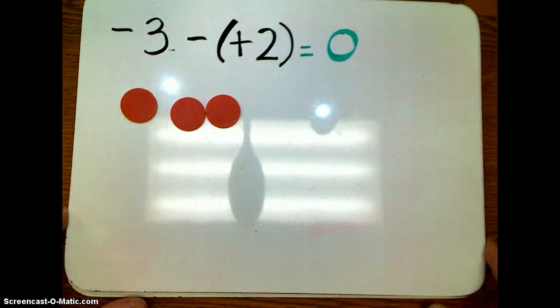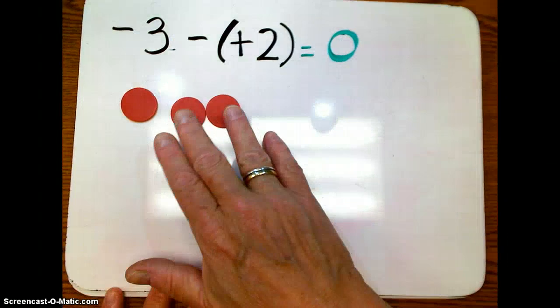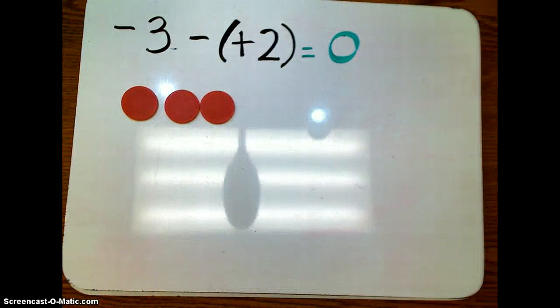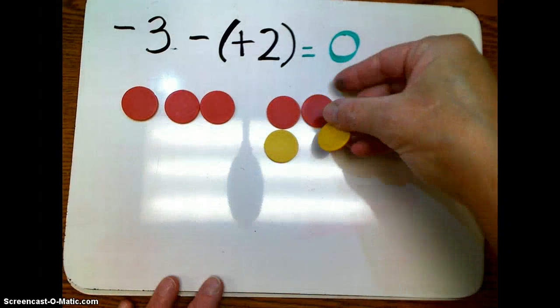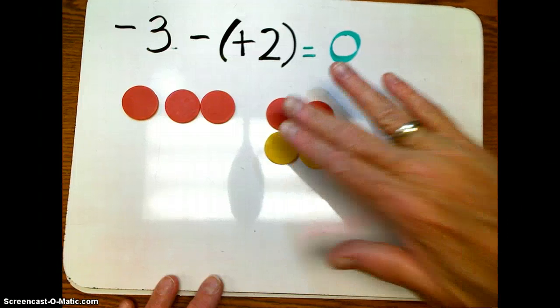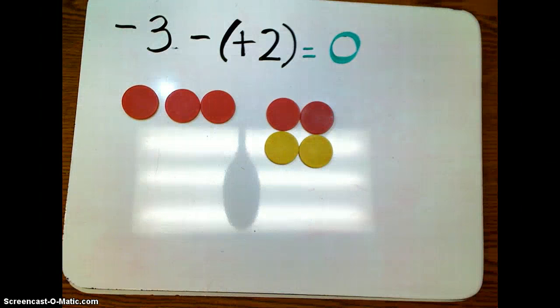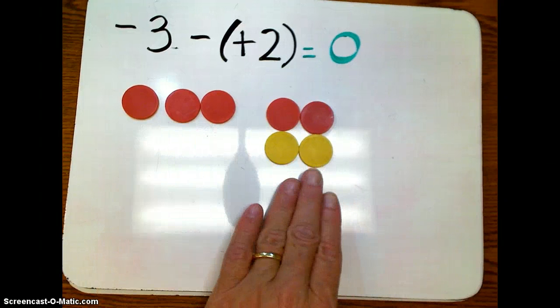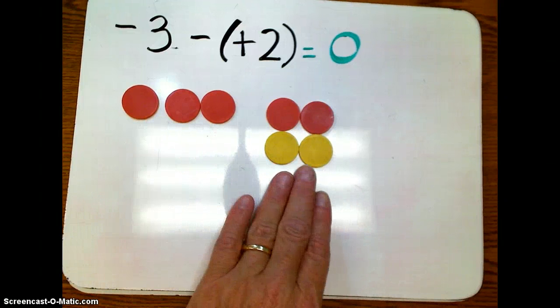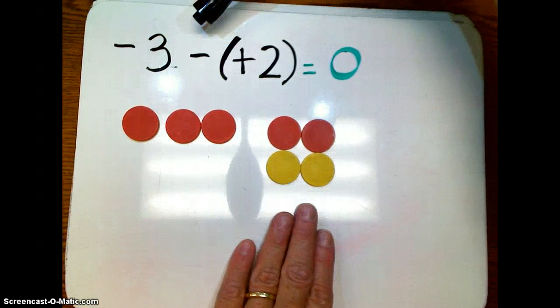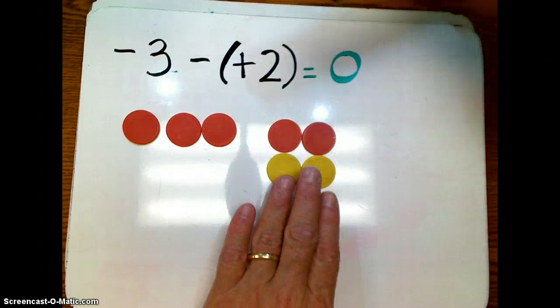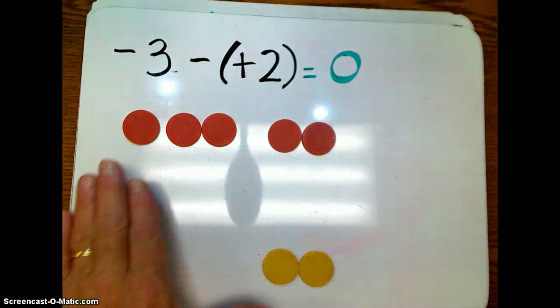In this problem, we're going to start with a negative 3. And we want to take away a positive 2. Once again, we don't have any positive values to take away. So I'm going to add 0 pairs so that I have 2 positive ones that I can remove. So a negative 3 plus 0 is still a negative 3, but I can now take away, let me slide that down, take away a positive 2, so I will remove these positive 2s, and I have